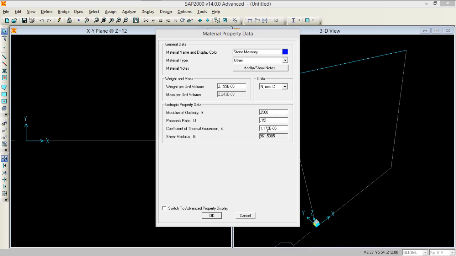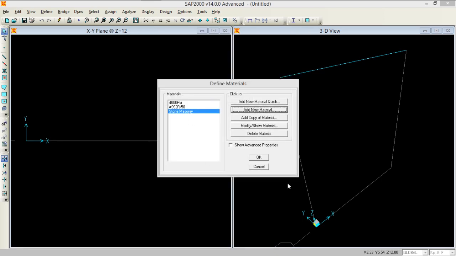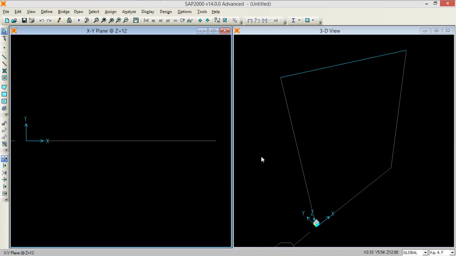And coefficient of thermal expansion, you can leave it, and the shear modulus will change accordingly. So you can just go back to your original units, and if you look, it automatically picks the value in kip feet. Cool, no? Anyway, press OK over here and your stone masonry has been defined. Press OK. Now the next thing is we need to define an area,